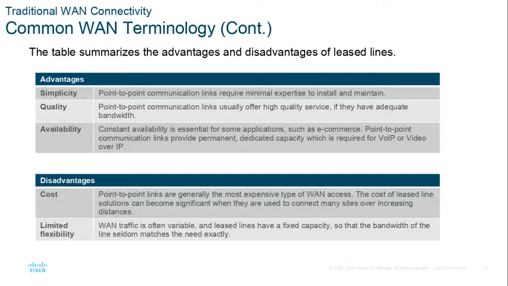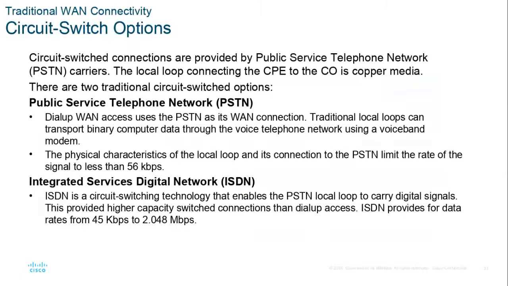So point-to-point communication is fairly simple. Just one point to another point. It's your private line, so you always get your full bandwidth you're paying for, and it's there all the time. The disadvantage is a T1 private line is more expensive than a shared line, like the old frame relay services. And it's not flexible because you have to run a new line or add bandwidth if you need it.